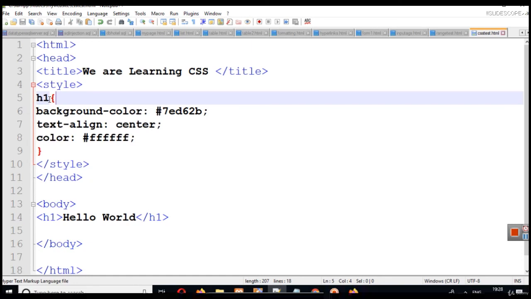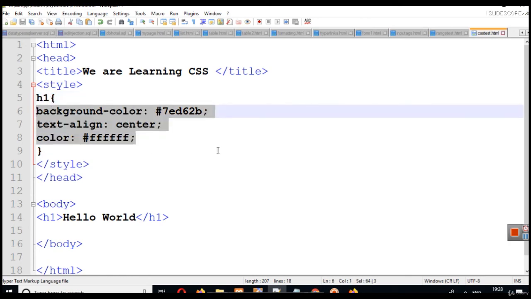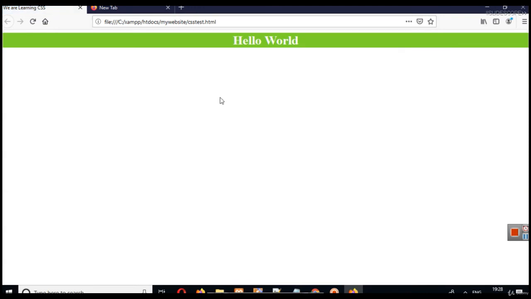What I am saying here is, I am instructing the HTML document to select the h1 tag and apply these 3 changes to the h1 tag only and not the entire document. So now when you reload it, you will see that only our h1 tag, which is the heading, has the background in the green color that we have written in hexadecimal code, and only the font of that h1 tag is changed.